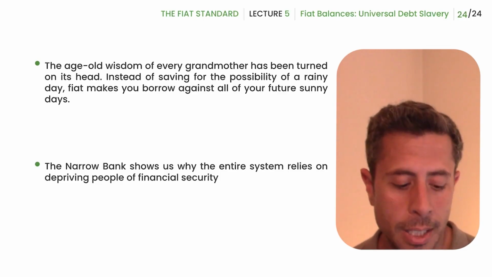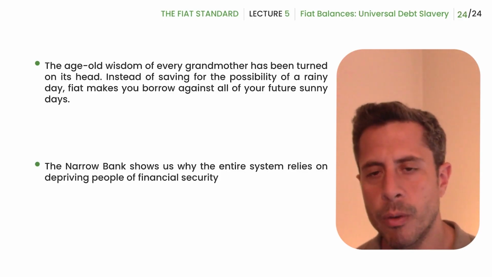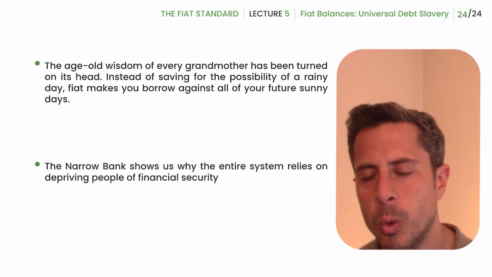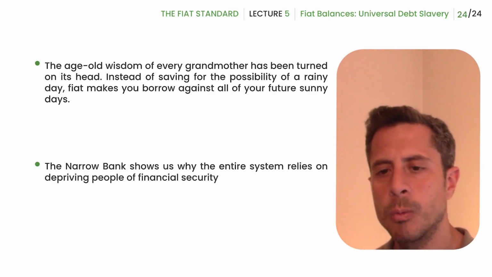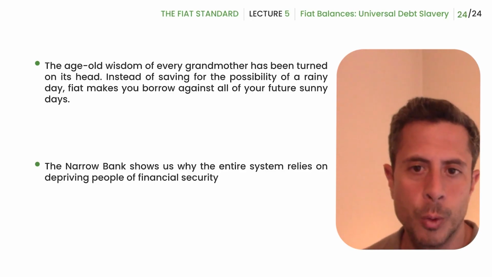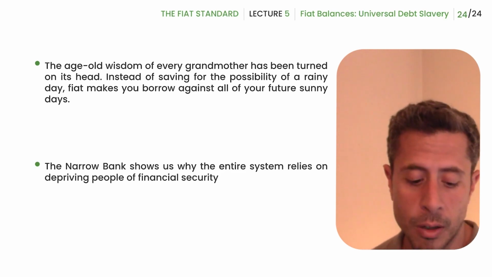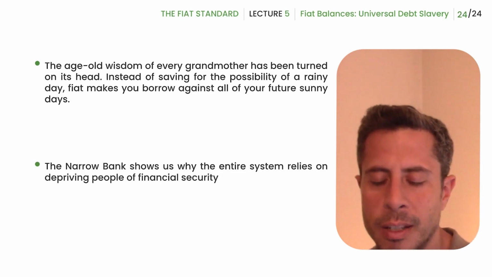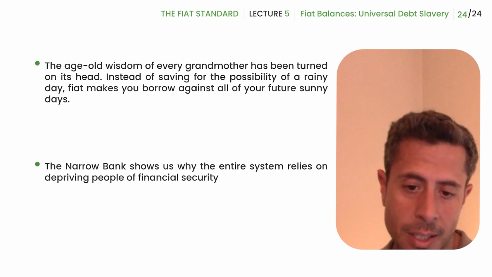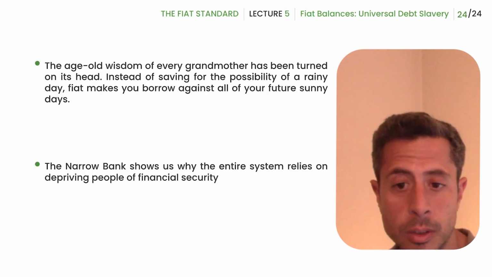So I think this is a very profound way of thinking about how the fiat monetary system works, and it helps us understand why the whole world is in debt, why corporations are in debt, why individuals are in debt, why governments are in debt, and why there's such strong incentive for debt propagation. We'll discuss more about the implications of the fact that everybody is in debt in the second section of the book, which begins with lecture 7. So in 2 weeks, basically.